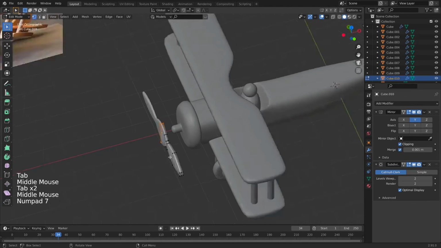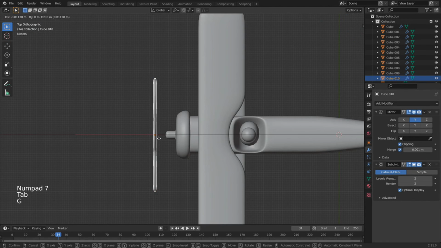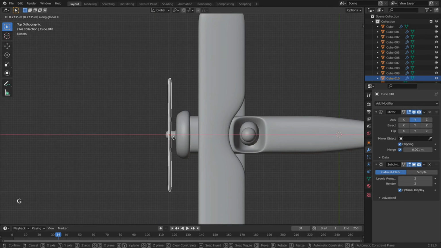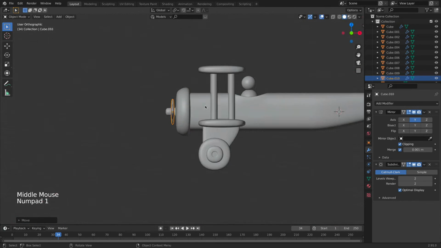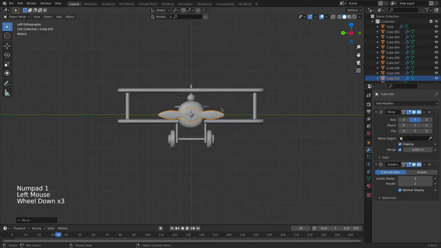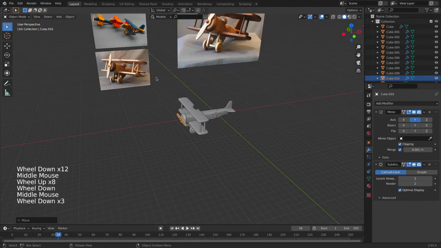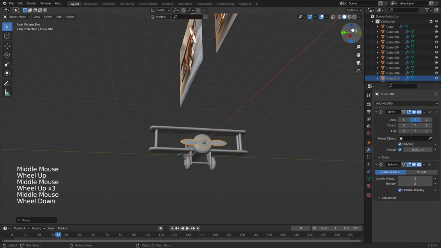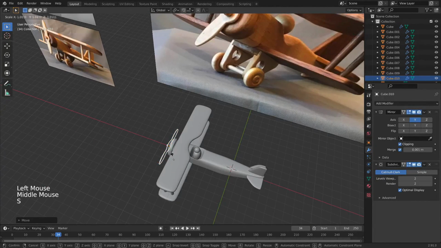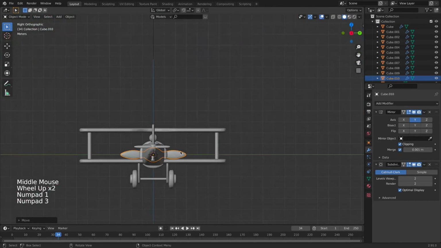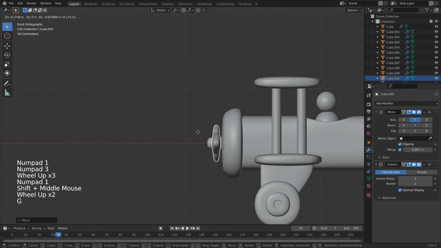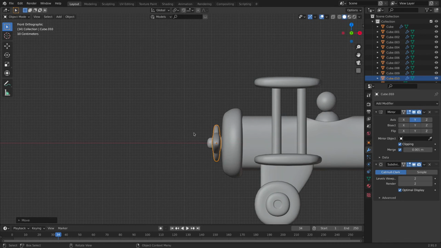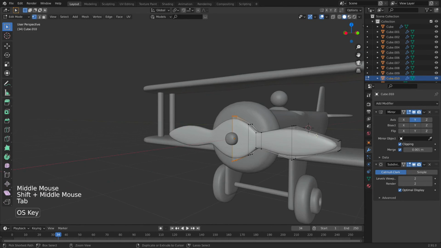So now I'm going to go and press 7 to see if everything is correct, and now with the G and X I'm going to place it where it should be. So to about there is going to be just fine. I'm going to check if everything is okay here. So I'm going just to scale this on the X-axis to make it a little bit more thick. Let's go and pull this back a little bit like so, and here I'm going to go and add